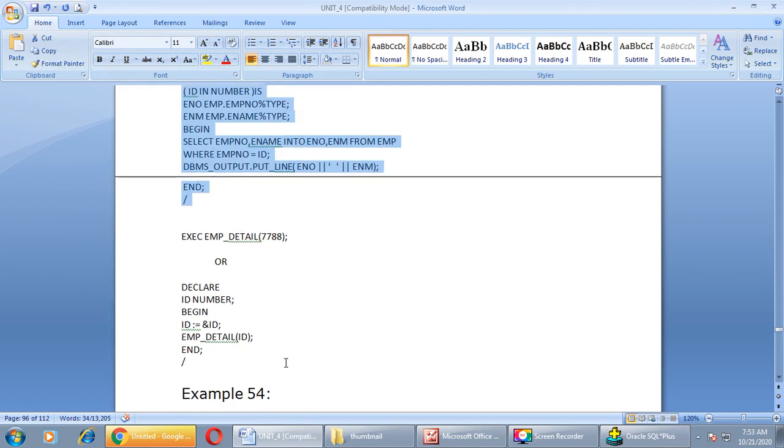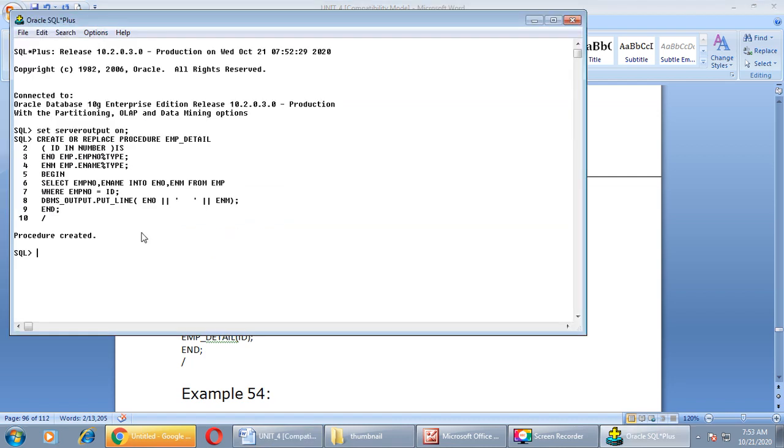Now, how can you execute this procedure? I taught you two different methods in the previous session. The first way is using the exec command. Okay, employee ID 7788.